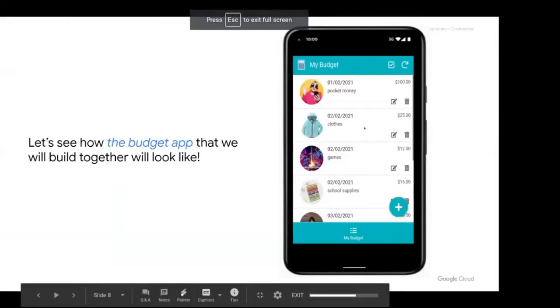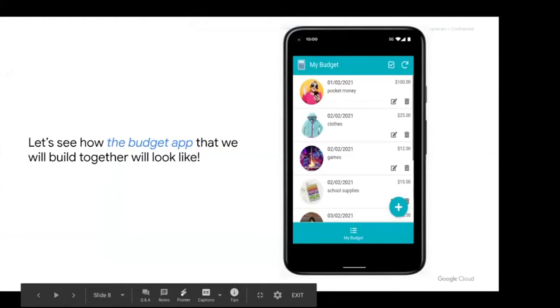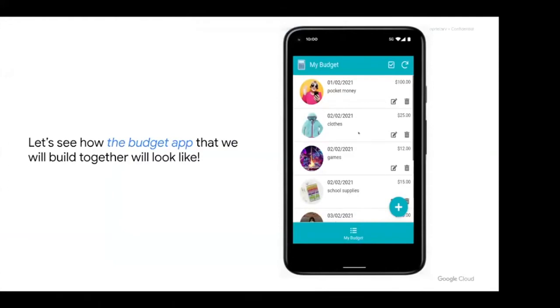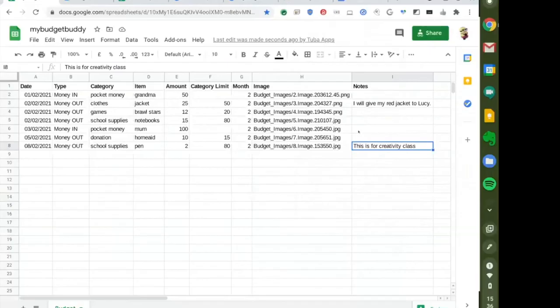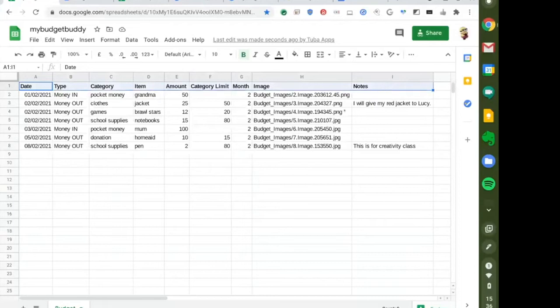Let's go back to presentation mode. And let me show you what happened behind the scenes. When I use this app, if I go back to my Google Sheet, this was the sheet I used initially. It was empty, now it is full of stuff. And you see at the bottom, as soon as I entered this pen and took the picture, it saved the picture in my Google Drive, and brought the information here.